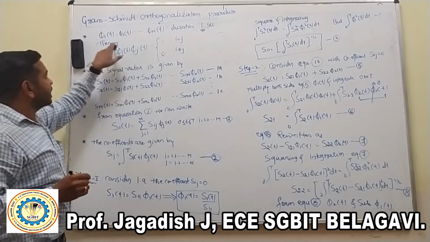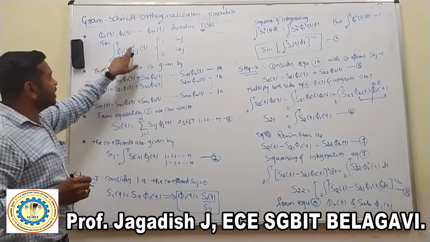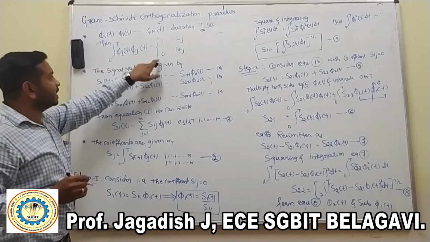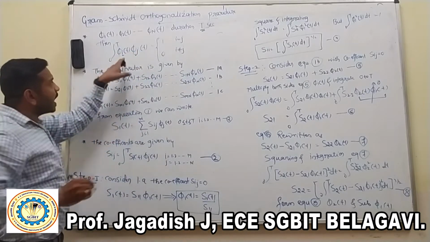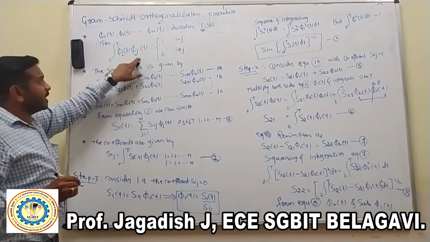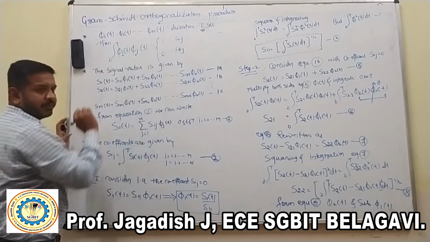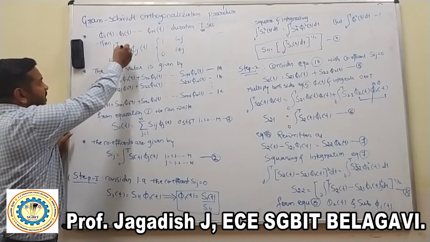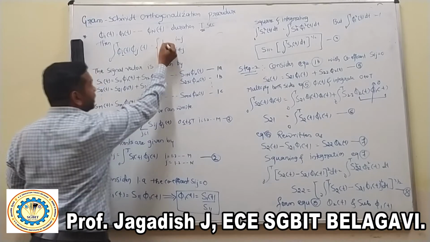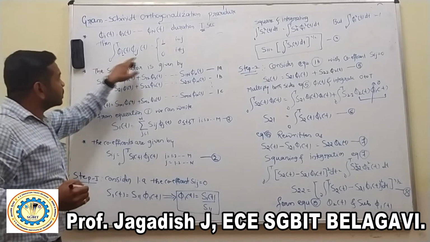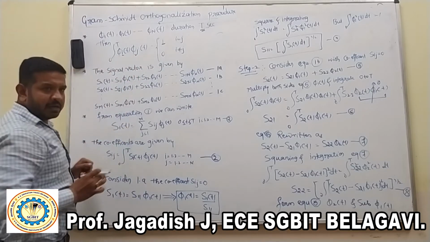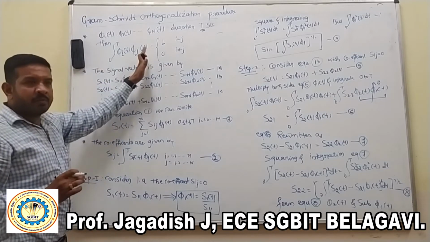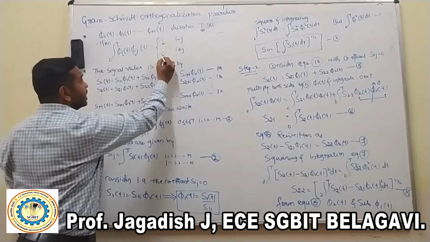the integration from 0 to T of pi i of t times pi j of t, equal to 1 in one case and 0 in the other. If you consider the coefficients i and j, if i equals j, at that time we get pi square of t, which is the integration from 0 to T of pi square of t, and the value is 1. If i is not equal to j, what happens? These two coefficients are different, so the integral form gives 0.